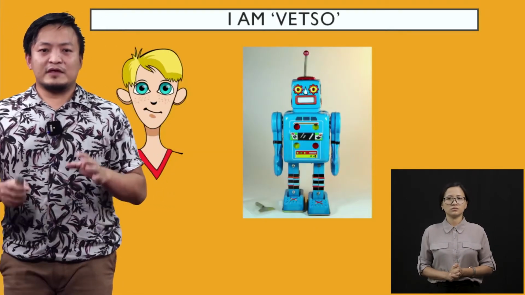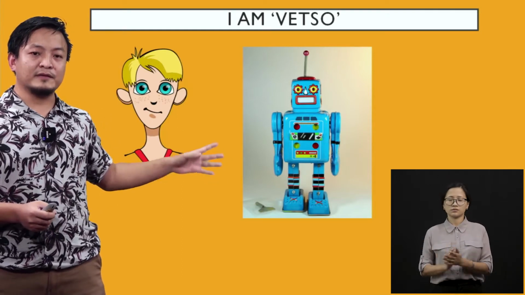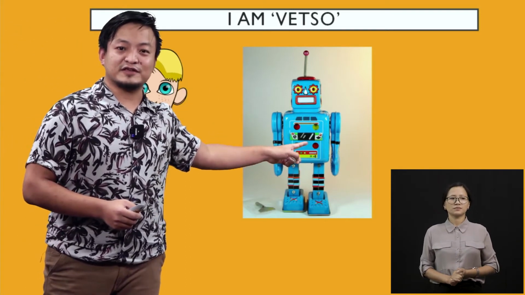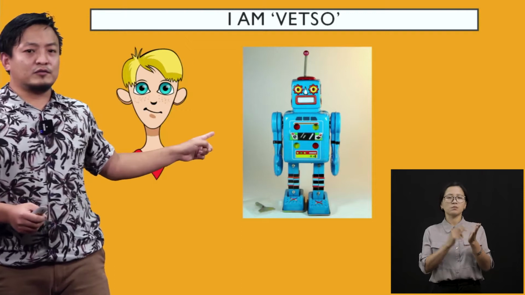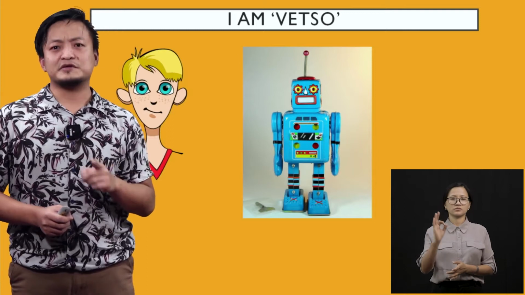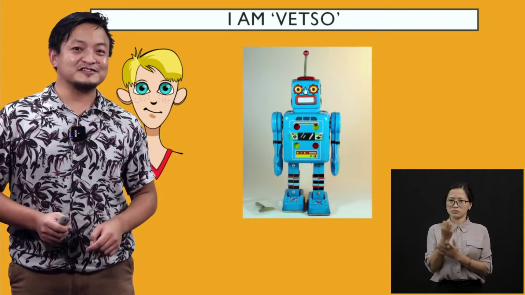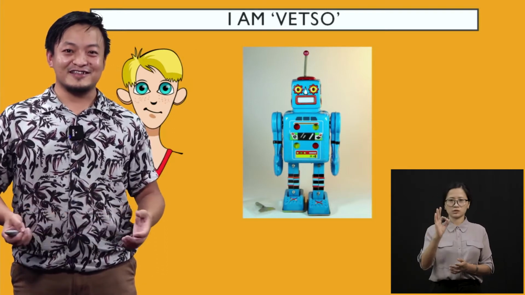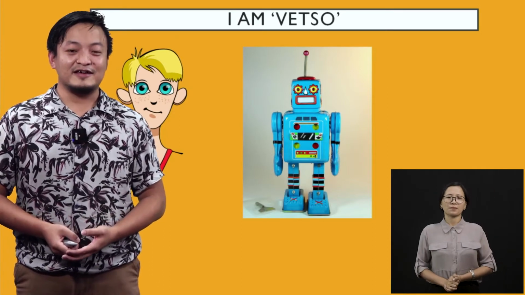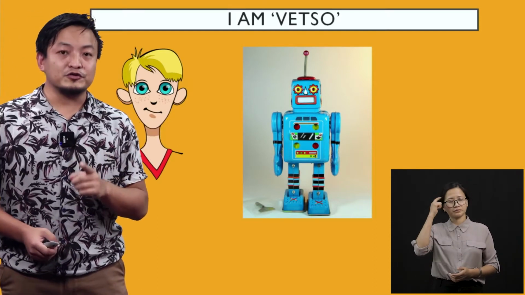So students, this story starts with a person named Vetso. So he is Vetso. This is not Vetso. Now, Vetso is very, very intelligent, very smart. So how many of you are smart and intelligent? Raise your hand wherever you are. I know most of you are raising your hand because you are all smart and intelligent. So this Vetso is very smart, intelligent, and very curious.